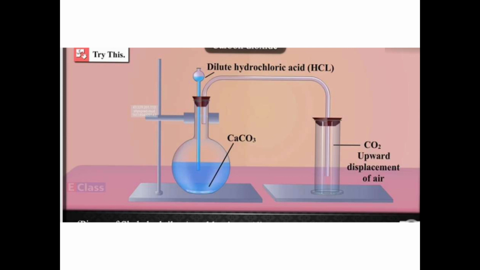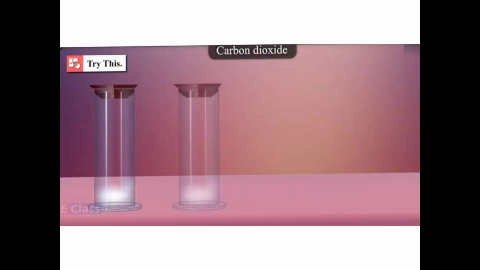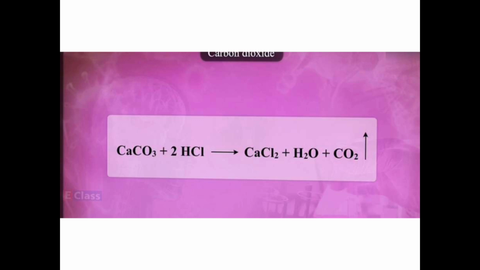So with this reaction, you can fill 4-5 gas jars and keep them. Why will we do it? Because we are going to study the properties also. So around 4-5 gas jars you will fill up, in this manner. One is filled here, then the second, then the third. What is the chemical reaction, children? The chemical reaction is CaCO3 plus 2HCl gives you CaCl2 plus H2O plus CO2. Okay, so you are going to get calcium chloride, but CO2 is a gas which will be collected in the gas jar.